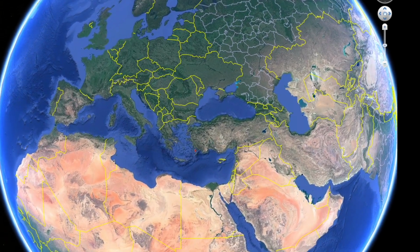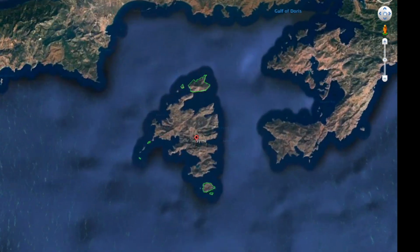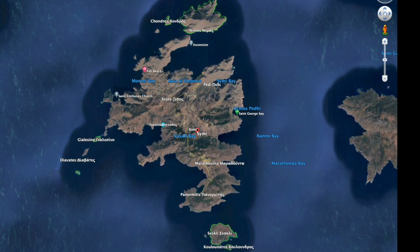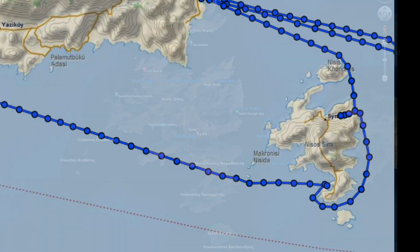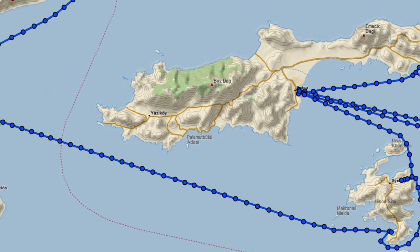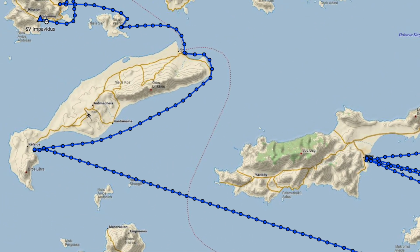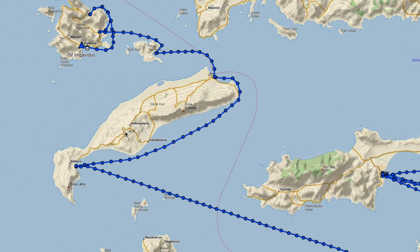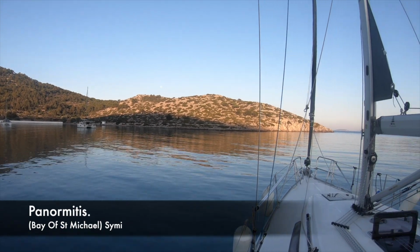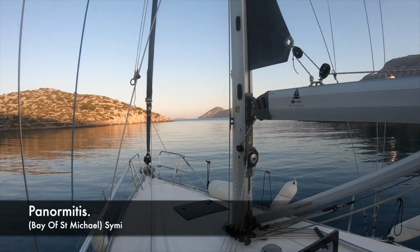This week we leave Symi against the prevailing winds and try to go northwards so that later in the year we can ride those winds south down towards Cyprus. We leave the island of Symi, Monastery Bay, early in the morning and we head generally west, slightly north, towards the island of Kos. 7 o'clock in the morning, the moon is up, the sun is just breaking over the mountains. We are saying goodbye,